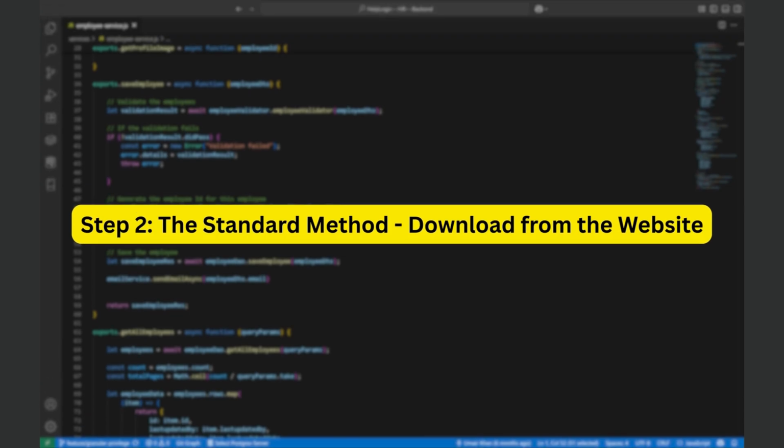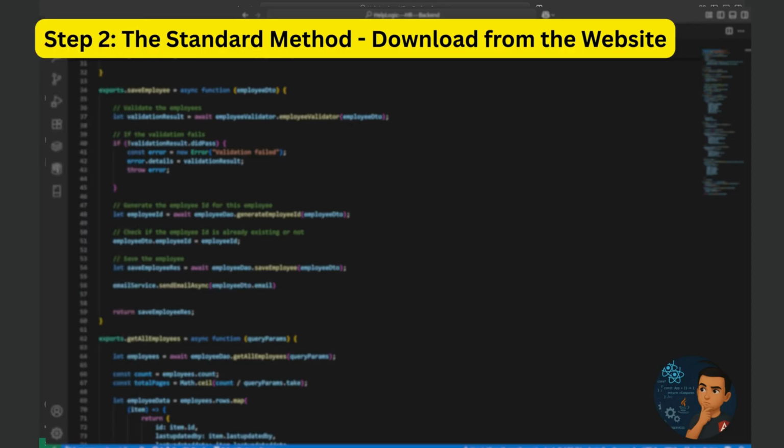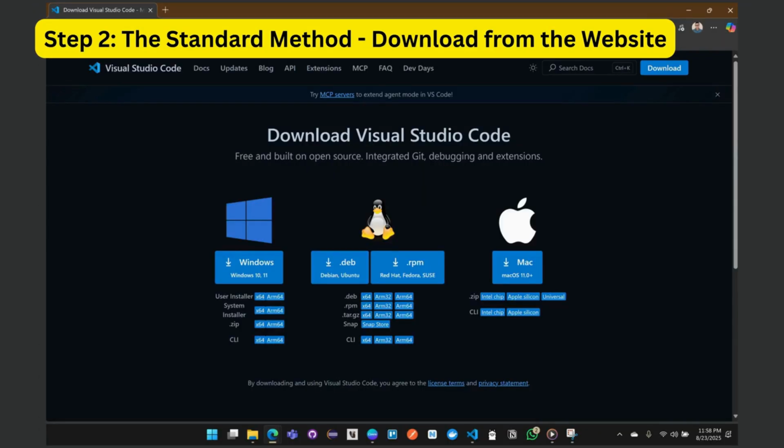Step 2. The standard method, download from the website. If you prefer, or if you're using an older version of Windows without the store, the standard method is just as simple. Let's go to the official source. Open your web browser and go to the official VS Code download page. The easiest way to find it is to search for Download VS Code. The first result is always the official site,